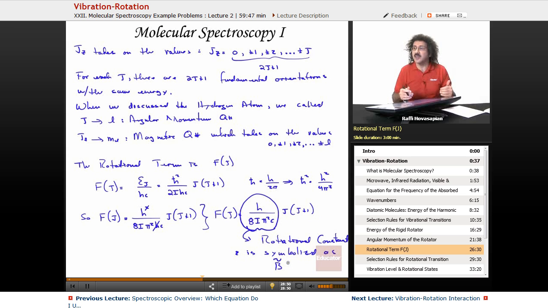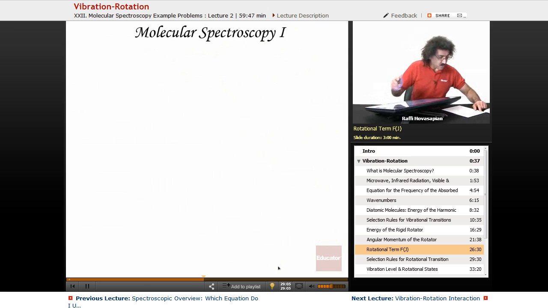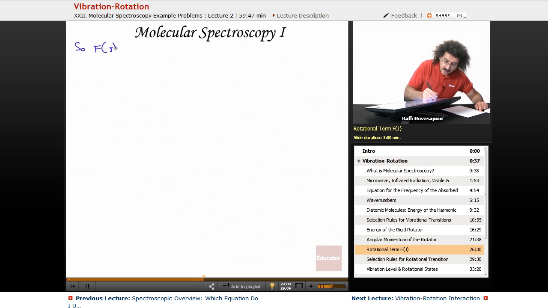Just like you see the equilibrium bond length, you'll also see the rotational constant. And as we go on with the lessons, you'll see that there are more and more constants that are actually tabulated. So, since that is symbolized that way, we'll go ahead and write it as,